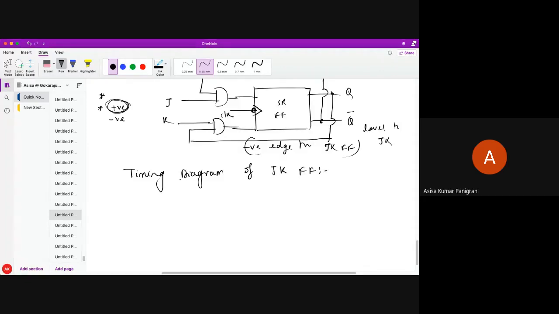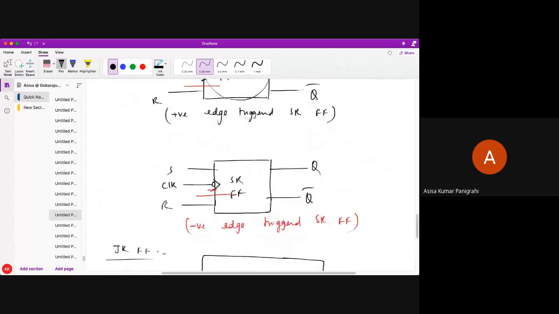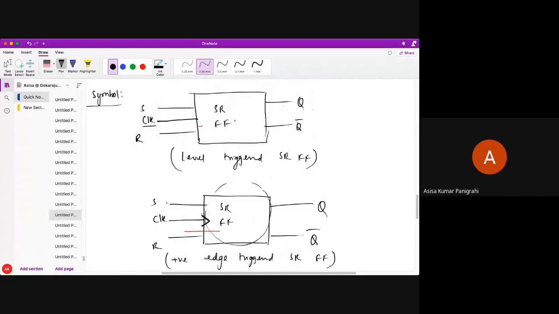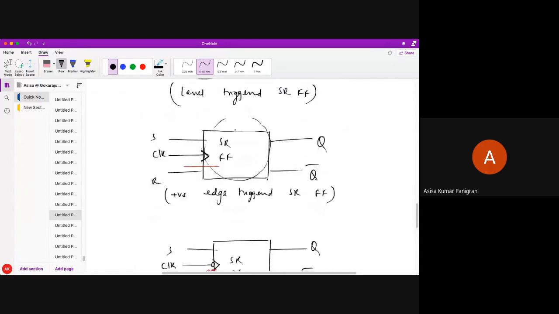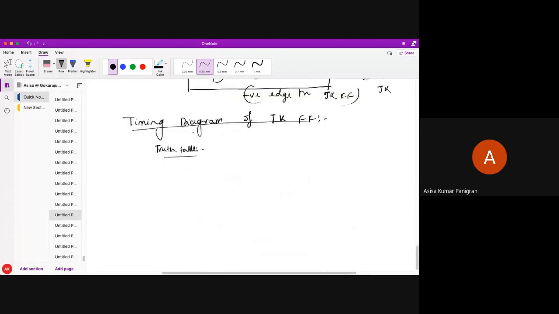Yes, any doubt? Yes, sir, what is a positive edge JK flip-flop, sir? That only I am explaining with the timing diagram. Don't worry. Till now I have only explained the logic symbol. I have not told anything actually about positive edge trigger, negative edge trigger, and all. I have just told that with positive edge trigger, a flip-flop changes its output, changes its state, meaning present state to next state, during the positive edge of the clock input. But I have not yet discussed the timing diagram. If you are not understanding, I'll explain.